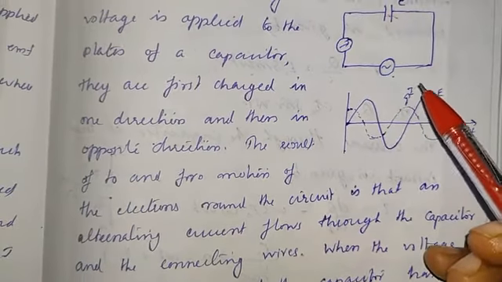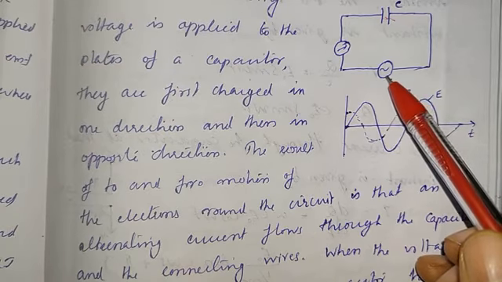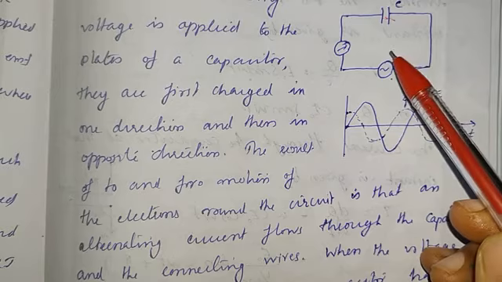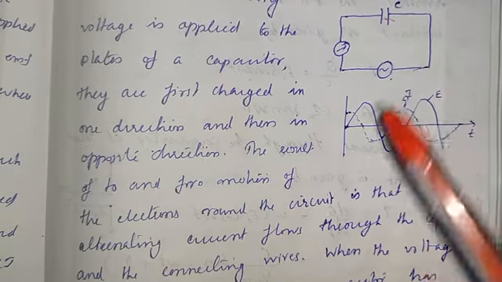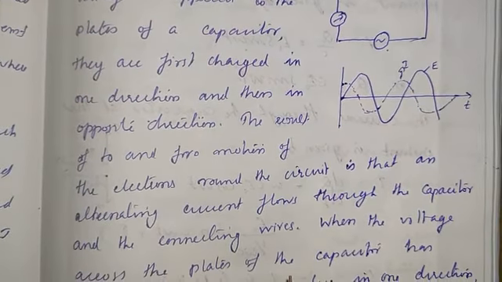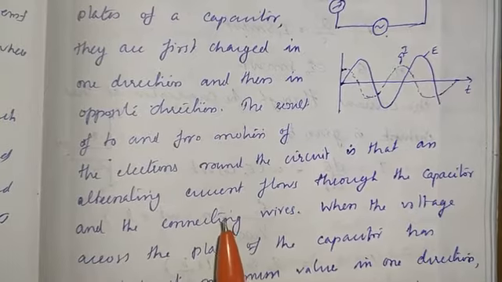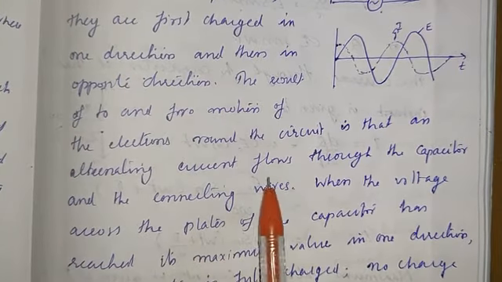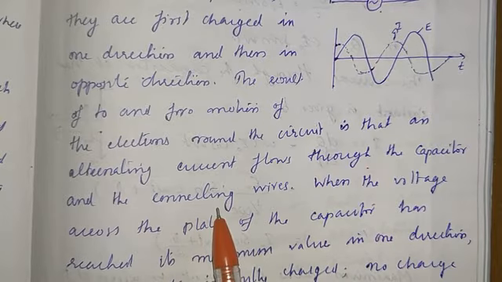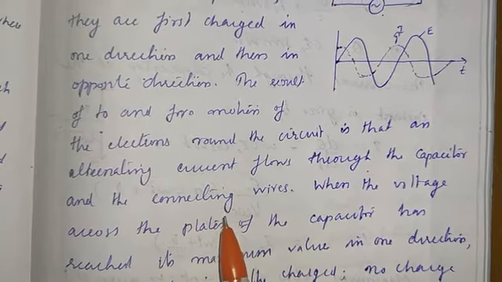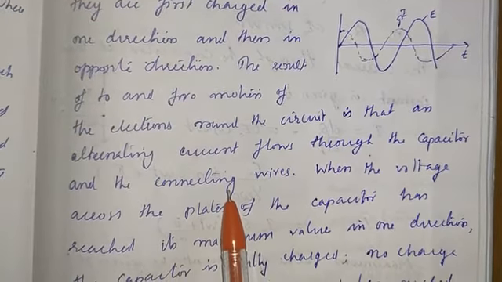When it is connected to an AC supply, it's charged in a to and fro direction, first in one direction and then in the opposite direction. The result of the to and fro motion of the electrons around the circuit is that an alternating current flows through the capacitor and the connecting wires. Because of this to and fro charging, energy is flowing through this capacitor